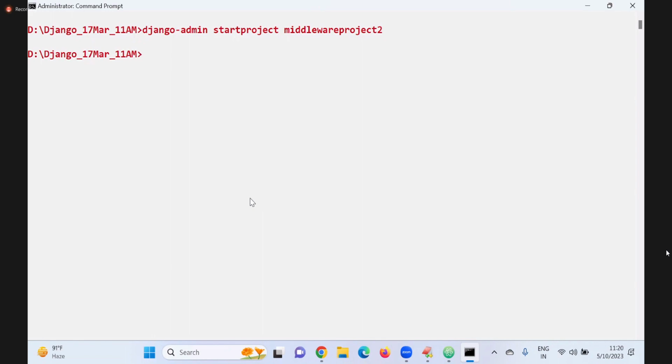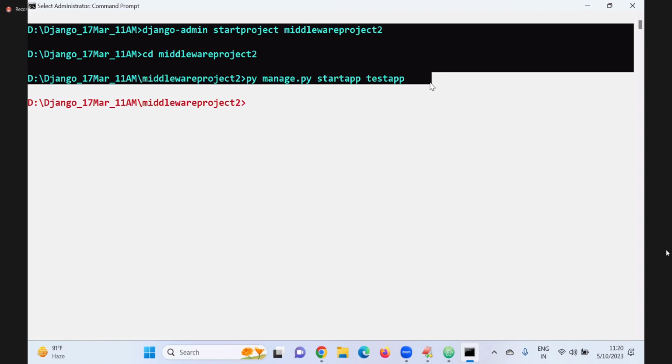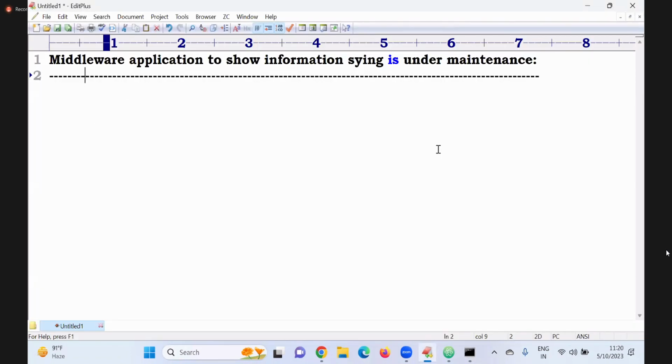Now cd middlewareproject, then py manage.py startapp testapp. The project is created and the app is created. Come to here.